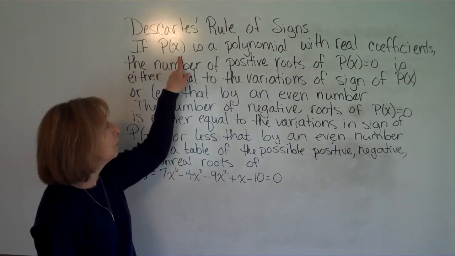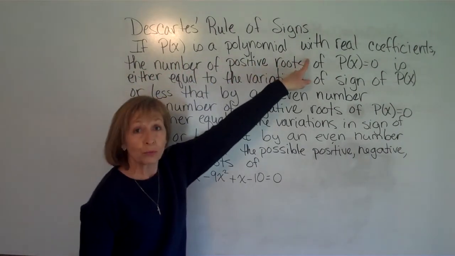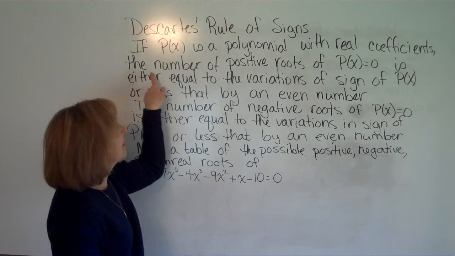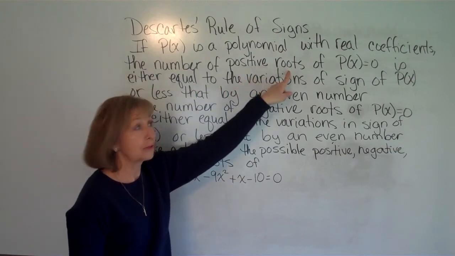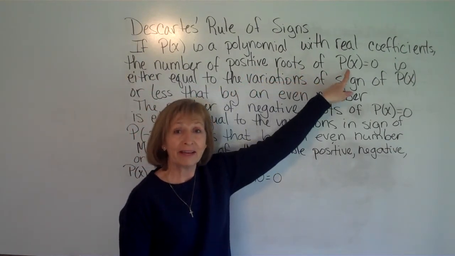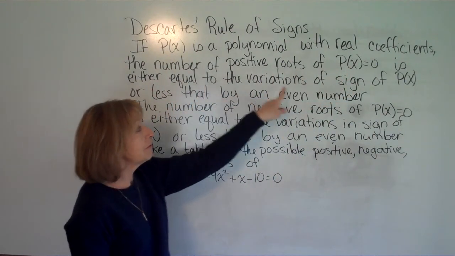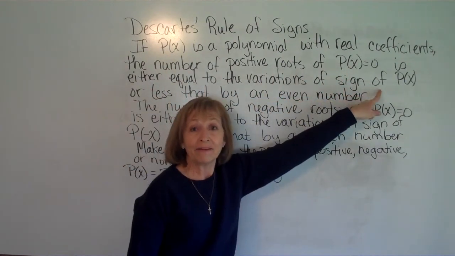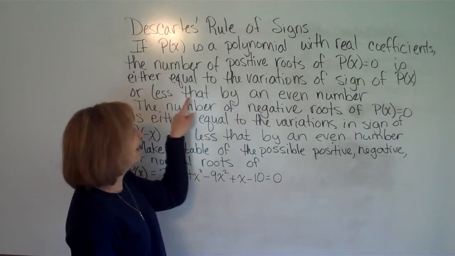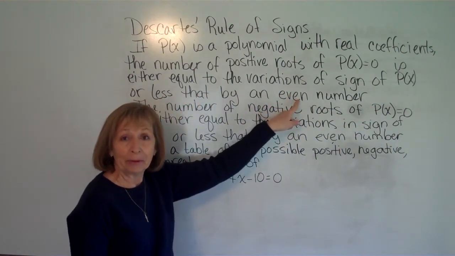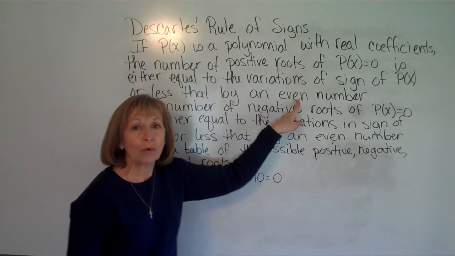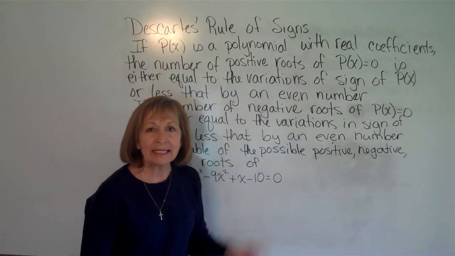If a polynomial p of x has real coefficients, the number of positive roots of the equation p of x equals 0 is either equal to the variations in sign of p of x or less than that by an even number. Now the reason it's "or less than that by an even number" is that in